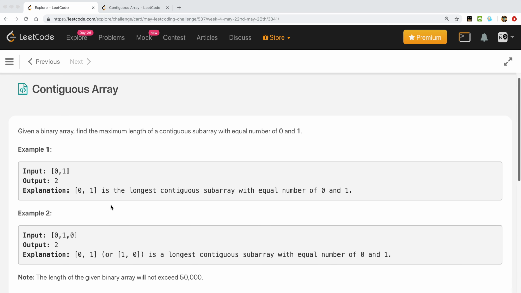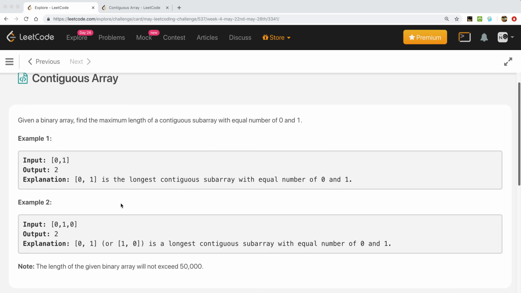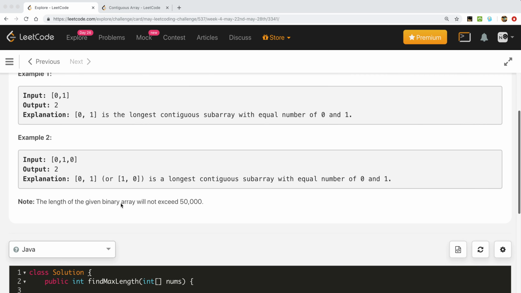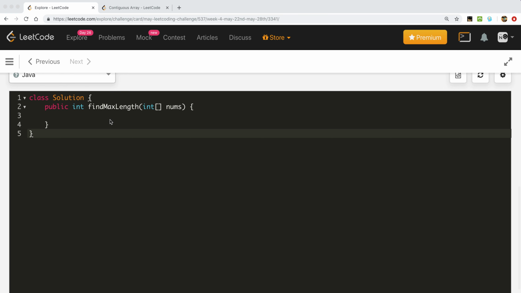So let's start. First, think about it brute-force. We can start with the very basic brute force approach, then move to an optimized brute force and then the optimal solution.